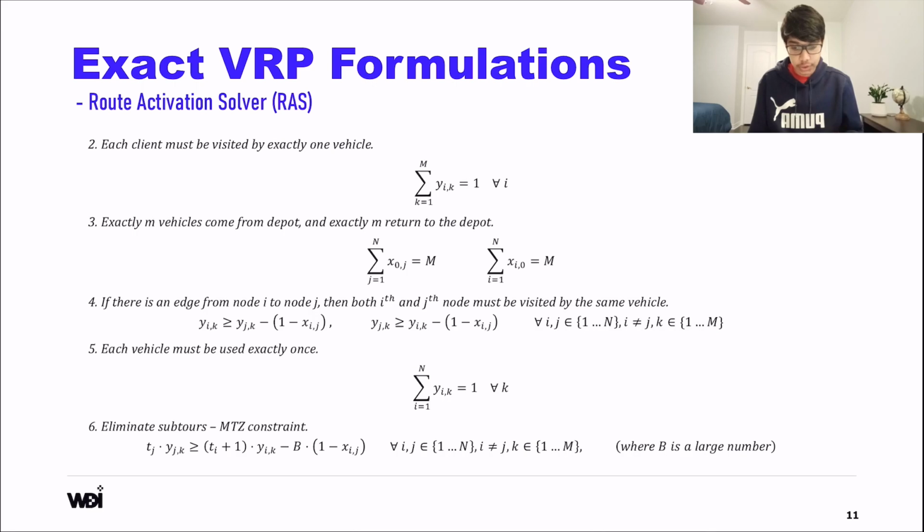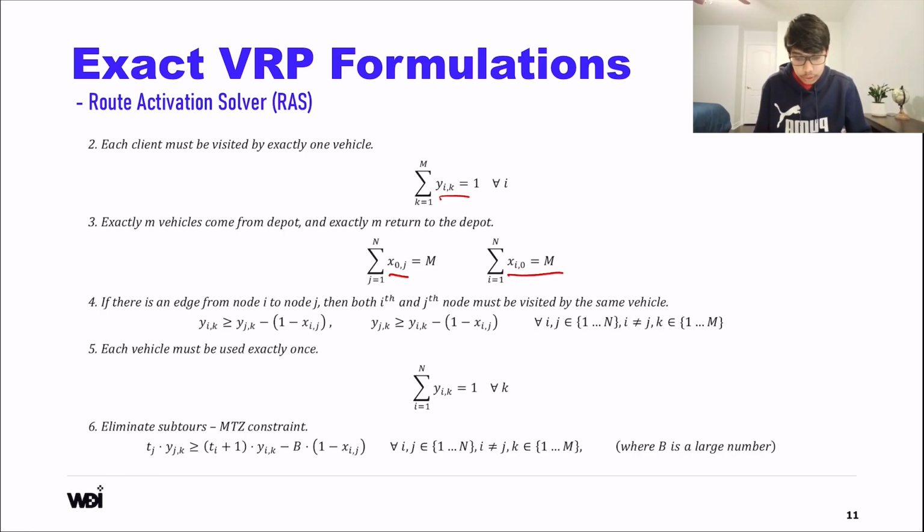We also want to ensure that each client is visited by exactly one vehicle. So we have these y_i variables. So for a given node i, the sum over each vehicle for those y variables should be 1. So that ensures that only one vehicle visits node i. Exactly m vehicles must come from the depot and exactly m return to the depot. So m is the total number of vehicles. And we want to ensure that there are m vehicles leaving and m vehicles entering. So this here ensures that there are m edges leaving the depot, and this ensures that there are m edges